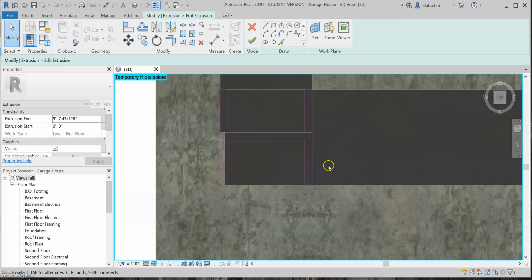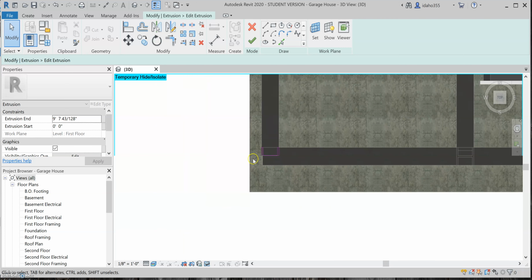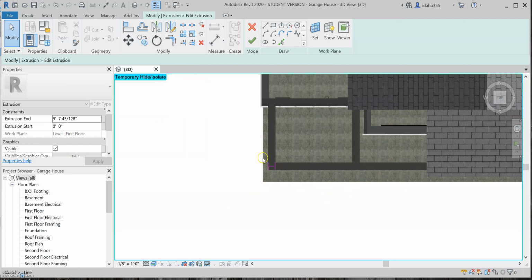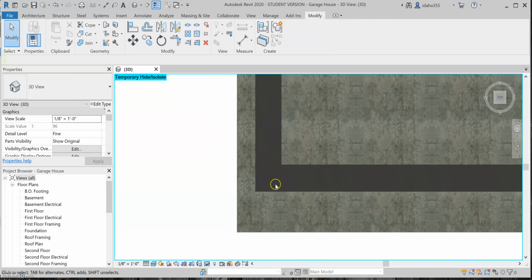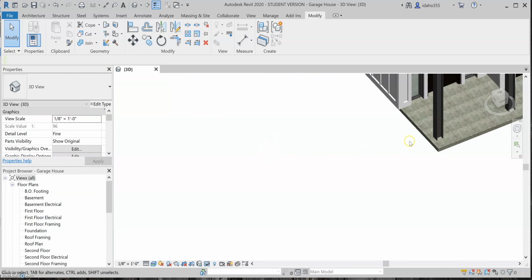This particular model in place was an extrusion, and the plane that I picked was just this concrete slab here because it made the most sense. So I just drew this out. It's an extrusion. If I click the check mark, it'll bring it back out of pink lines, and you can